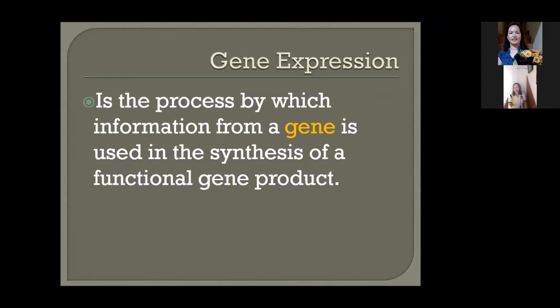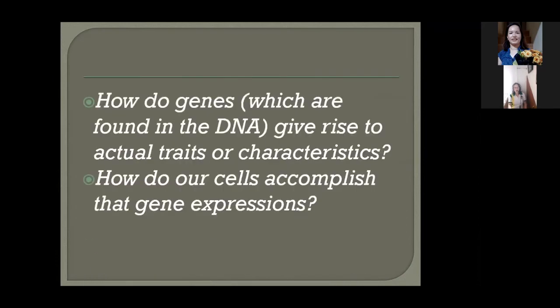How is DNA translated into protein, that functional gene product? For gene expression to take place, how do our cells accomplish it? And how do genes, which are found in the DNA, give rise to actual traits or characteristics? This will move on to the next process after replication. So it's from DNA to RNA. But before we go to the next step, we understand that